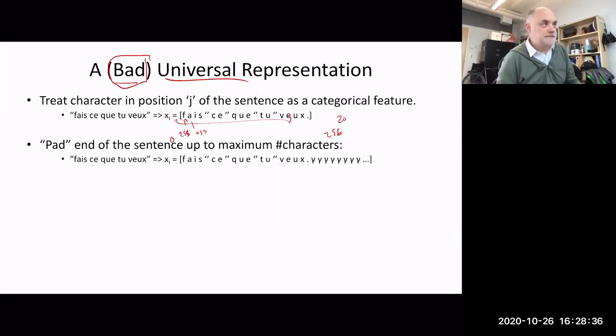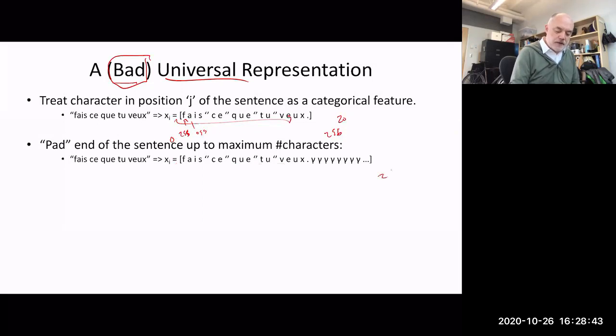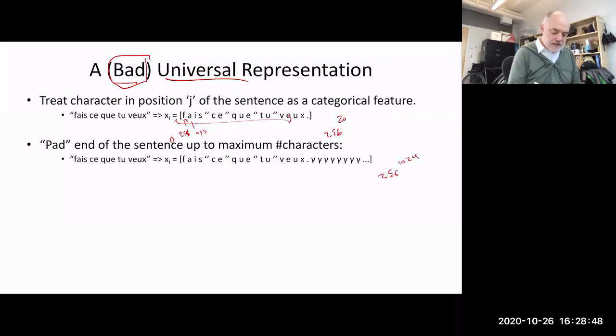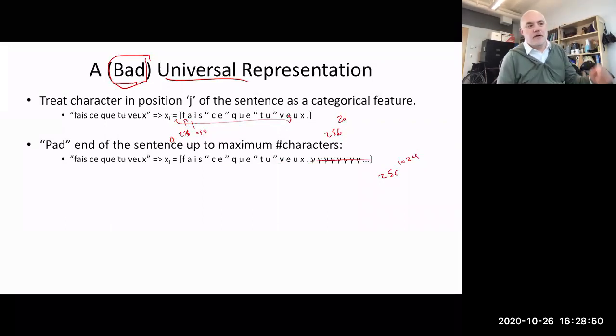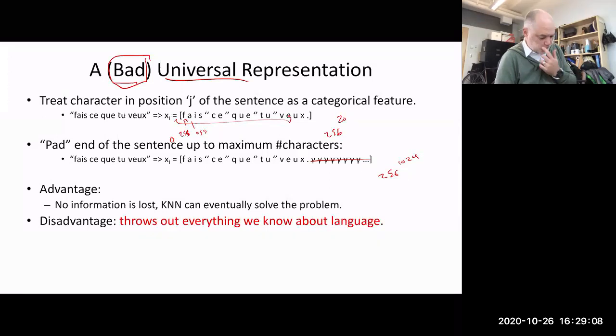Totally fine, right? If you don't like the fact that sentences are different lengths, you can just pad everything up to some length. Let's say all sentences are 1024 characters long, and everything else is padded, right? Great, no problem, right? Yeah, okay, so we've got some comments on this, but it's not so bad, right? You can just stick this into k nearest neighbors, and if you got enough data, it's going to solve the problem, right? We've got universal consistency, it's no problem, right? Okay. But